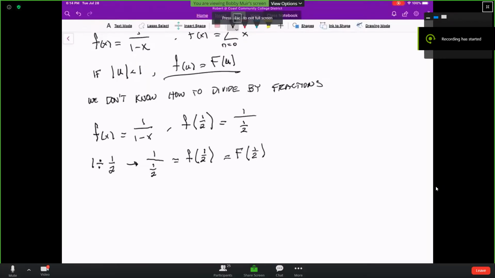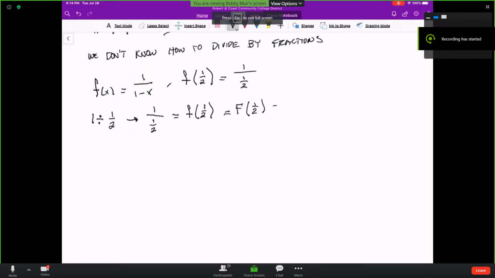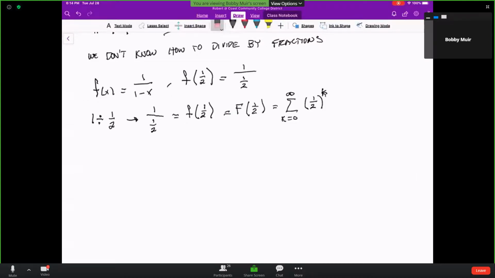of 1/2. Okay, and capital F of 1/2 is the sum, k equaling 0 to infinity, of 1/2 raised to the kth power. Okay. Now again, we have this infinitely long sum here, and we're pretending that we don't know how to divide by fractions. Okay, but we have made the discovery that if the absolute value of x is less than 1,